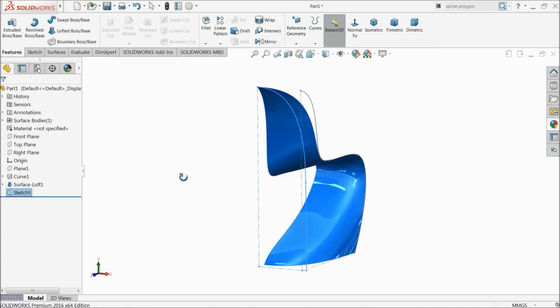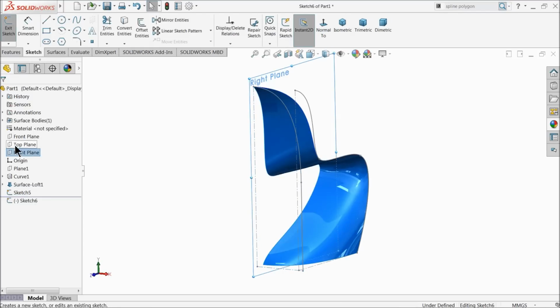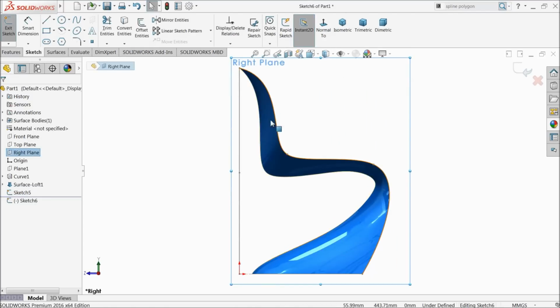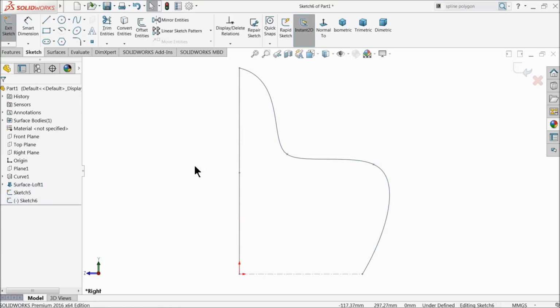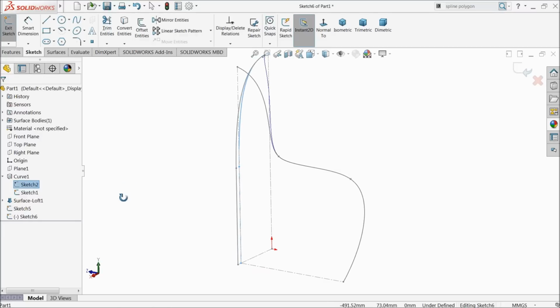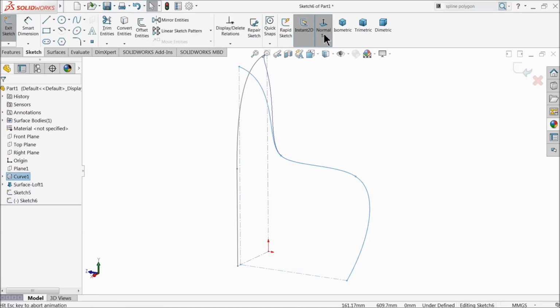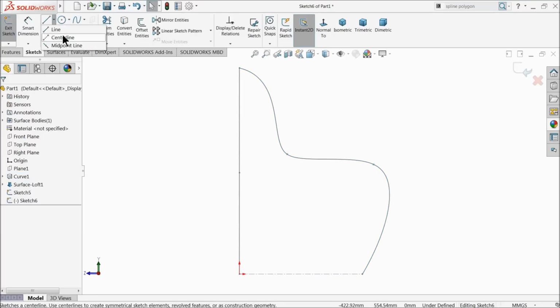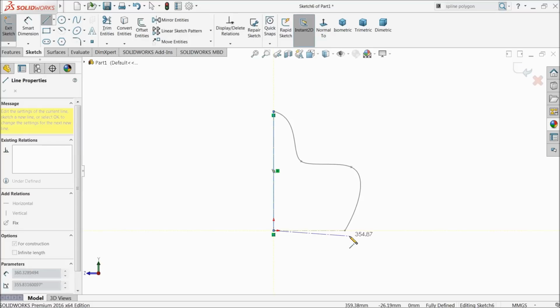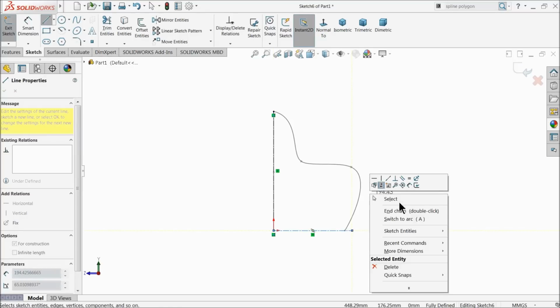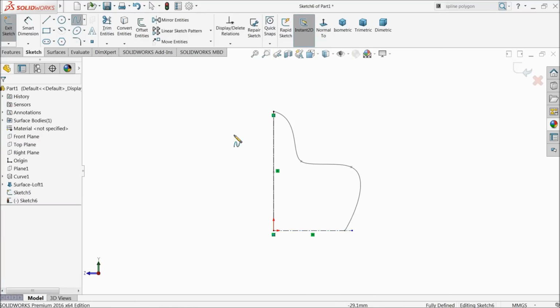Now we need to create one more geometry. So choose right plane, sketch. Now here we want to create but hide this geometry. Okay. In curve 1 we created one geometry. Okay, so this one is visible. We need this help. Center line, exit, choose here spline,